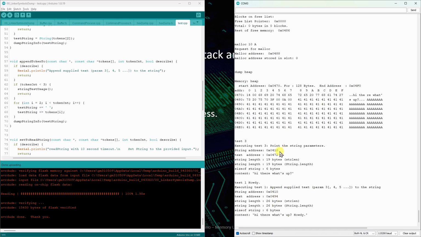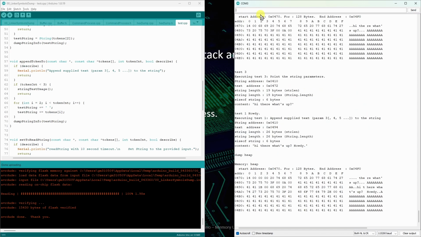The string object is still at 410 in the BSS, but now our pointer has moved and we've got 26 bytes. So if I dump the heap, we can see that there what's up is still there, but now we've got another copy, hi there what's up and howdy,